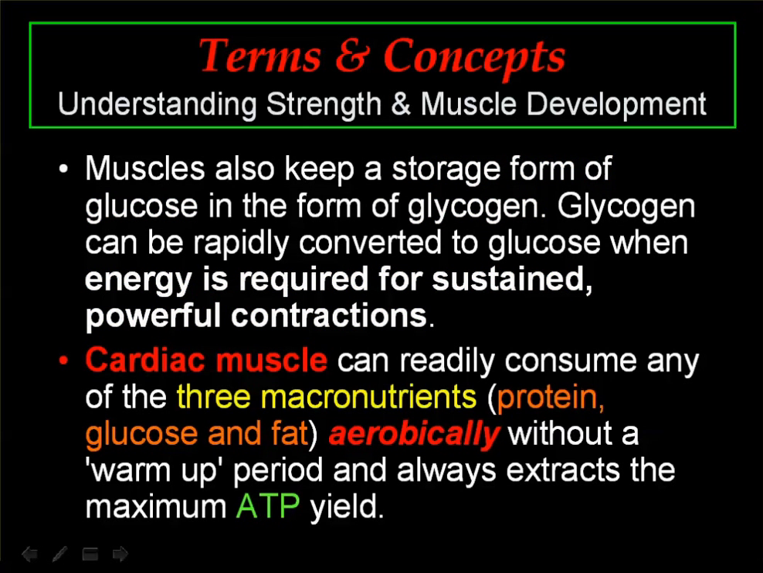Now, we have just discussed your skeletal muscles and their energy requirements. But your heart is really special. Notice it can readily consume any of the 3 macronutrients, the protein, the glucose, the fat, aerobically, without a warm-up period, and it always extracts the maximum ATP. So your cardiac muscle